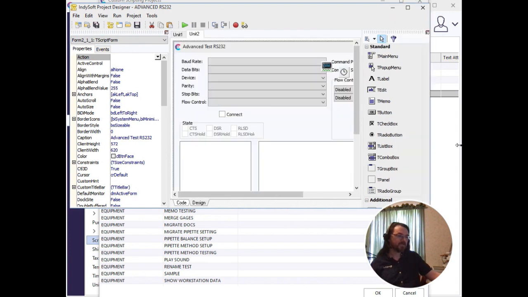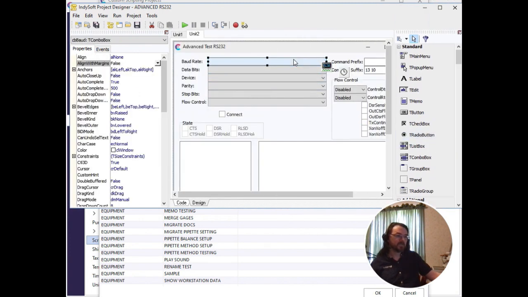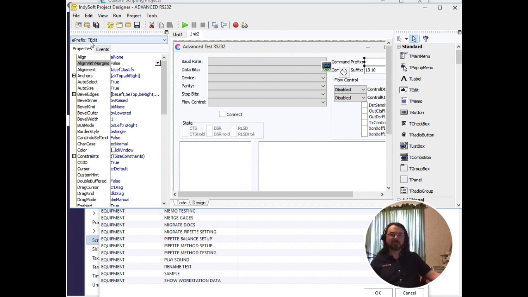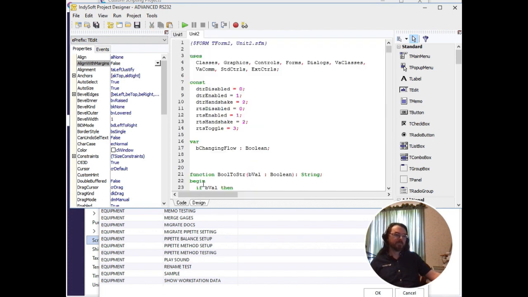And so you can see here that this is a TComboBox, a TEdit. These are all Pascal Delphi objects. And so my recommendation is that if you're doing any kind of GUI work here, that you choose the Pascal